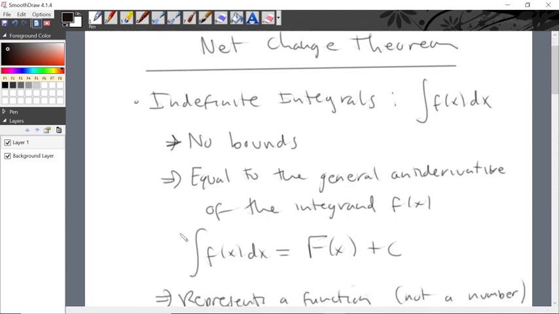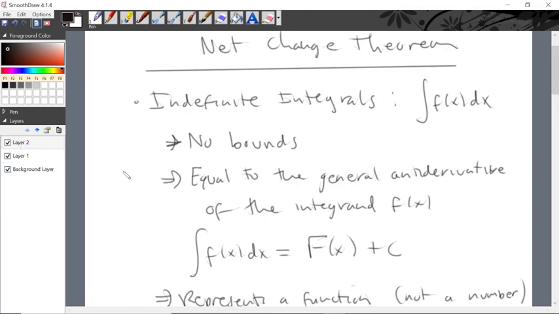We also reverse the rule for the differentiation of an exponential function. So the derivative of b to the x was b to the x times the natural log of b. So we reverse that to say, well, the antiderivative of b to the x would be b to the x divided by the natural log of b. And so there we already have the ability to find out what the indefinite integral would be for some exponential function. We also knew from the table of known derivatives of families how to find, for instance, the antiderivative of the trigonometric functions or the hyperbolic functions or the inverse trigonometric functions. We know the derivatives of those functions, and therefore we know those to be antiderivatives of